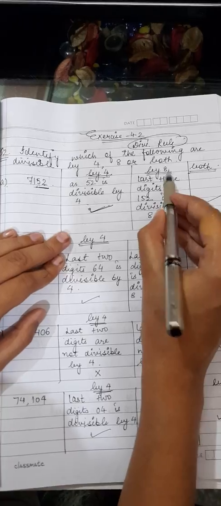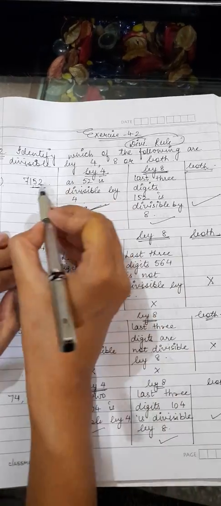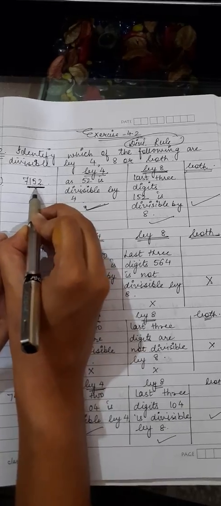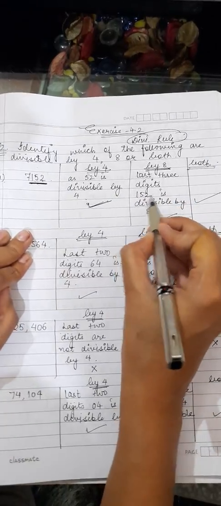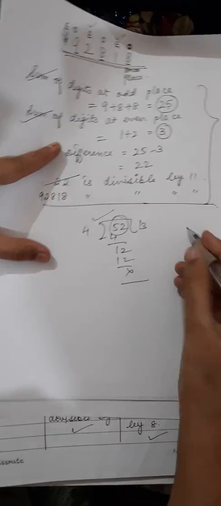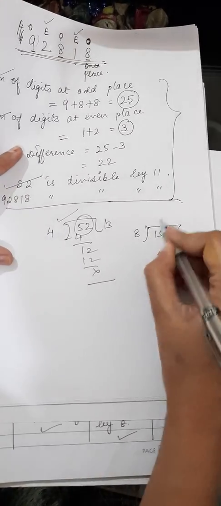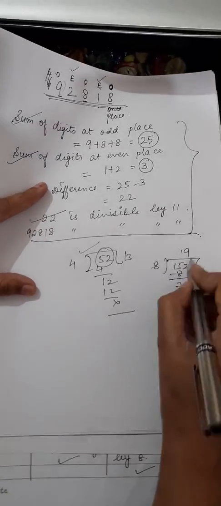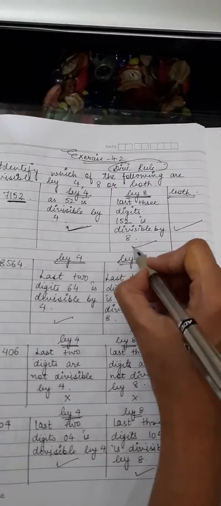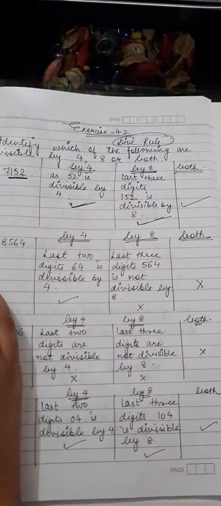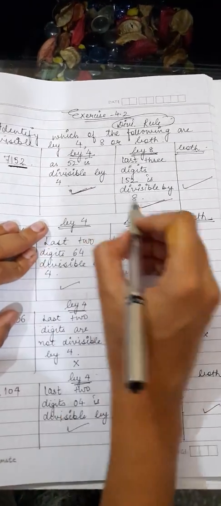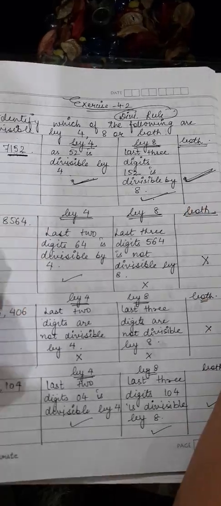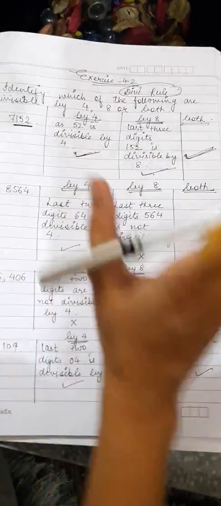So I have placed here a tick. Now for 8, you have to check the last 3 digits, whether the last 3 digits are divisible by 8 or not. Last 3 digits, 152, is it divisible by 8? Let us check it. 152 by 8. 8 ones are 8, then 72. 8 nines are 72. So yes, it is in the table of 8. So here also put a tick. Here it is divisible, and here also it is divisible, so in the both column also you are going to place a tick. You just have to apply the rule.